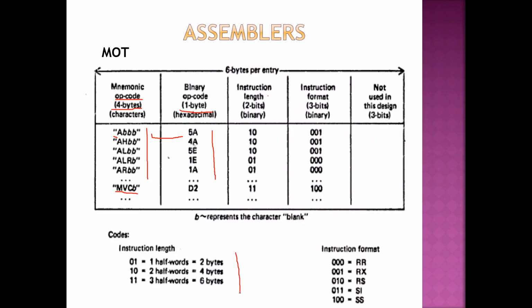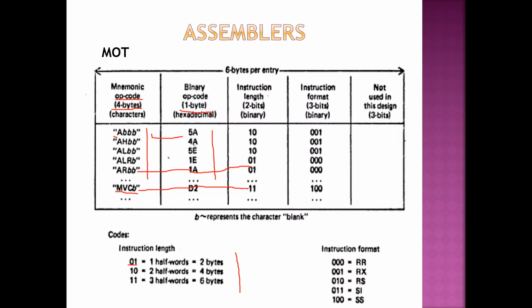What is the code here? Say, for example, if it is an RR instruction, it is a 2 byte instruction. So the code you have to use for a 2 byte instruction is 01. Is there any example for RR instruction? Yes, AR, we saw one AR, add register 4 comma 4. That opcode is 1A, and the code is nothing but 01 for that particular RR instruction. So for RR instruction it is going to be 01. For SS instruction it is going to be 11. See, MVC we saw that example, it is an SS instruction, so it is 11. For all the other instructions it is going to be 10, because they all belong to 4 bytes.